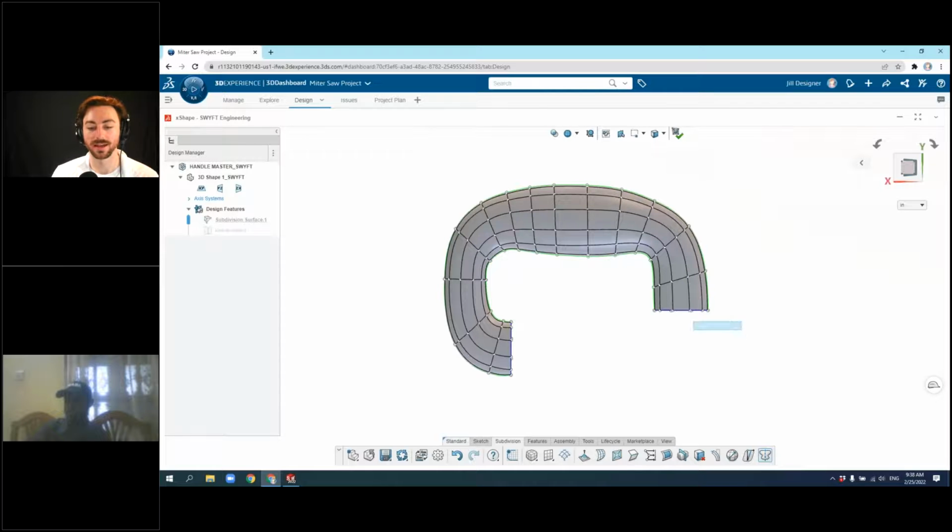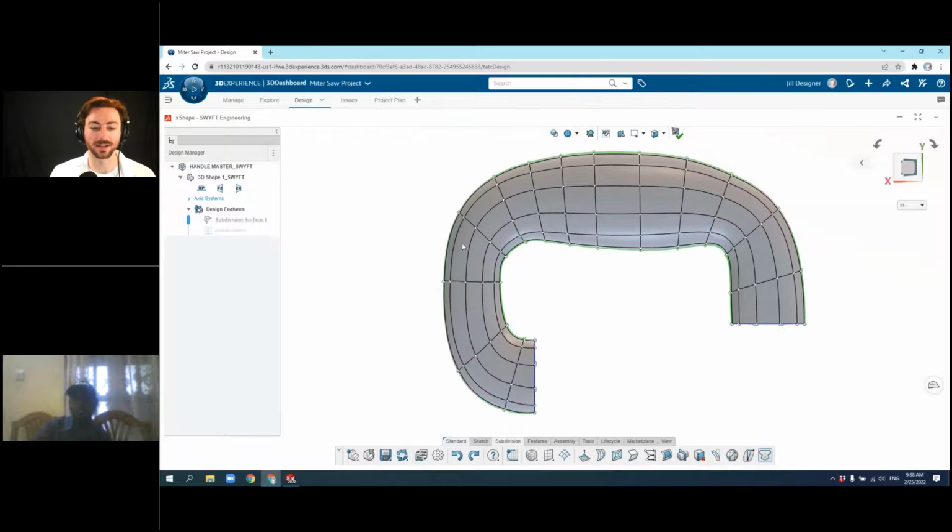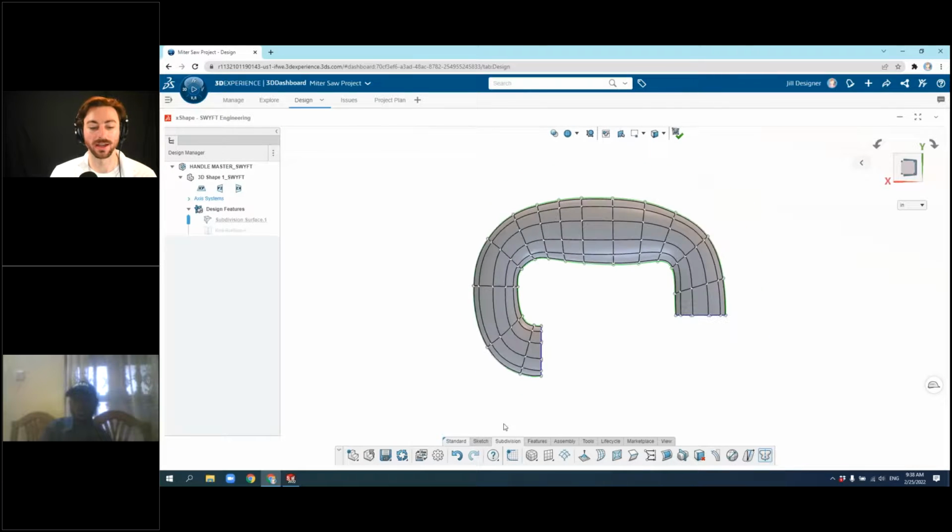But then beyond that, it's just a matter of grabbing which ones you want to move, and then you can just move those around. And that definitely is not as easy in SOLIDWORKS to create a really organic industrial design type surface. So in our case, we had that markup earlier to round this off a little bit more. You can just go ahead and grab those nodes and push that out a little bit, creating a more rounded surface.